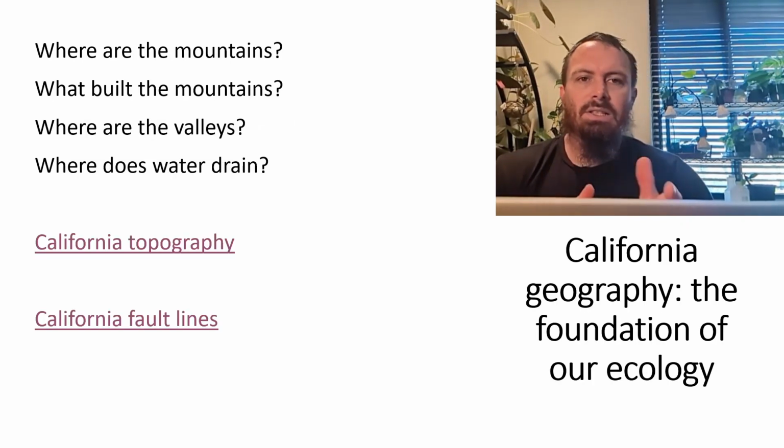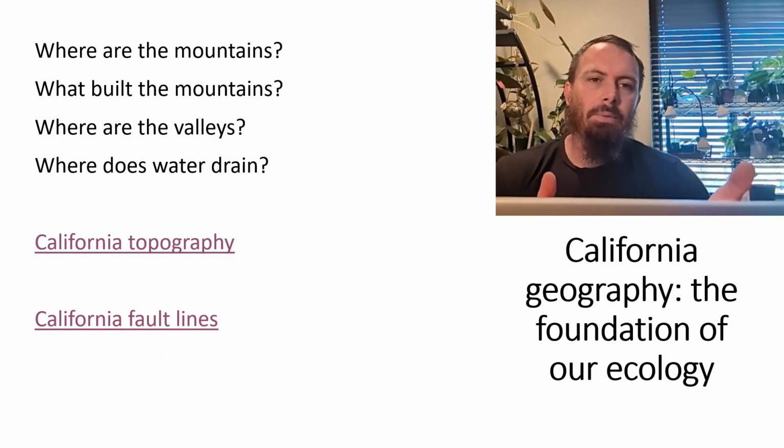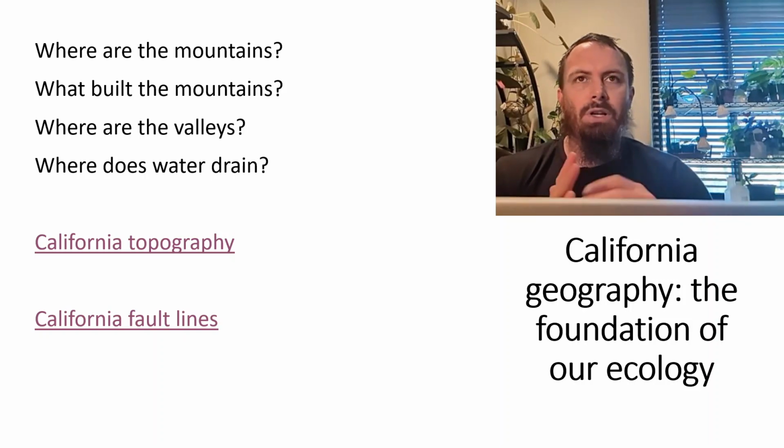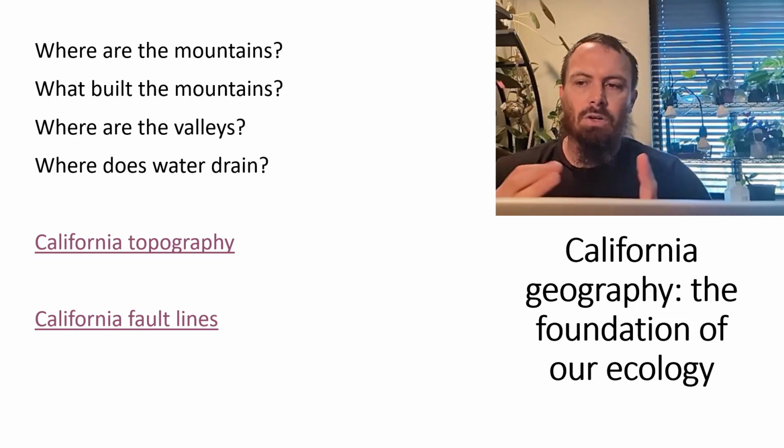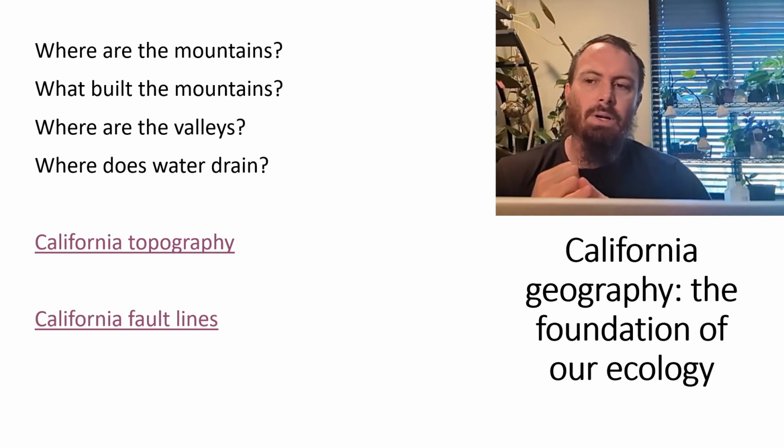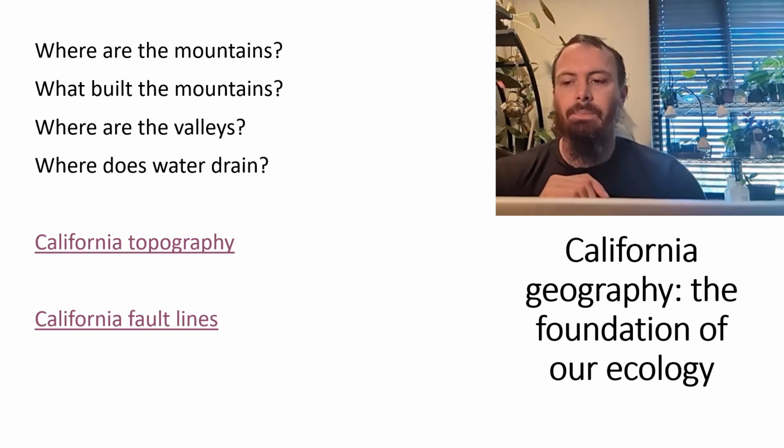Now, since this class is focused mostly on California, we need to understand the parameters of California and how that's going to influence the environmental factors around us. So we need to know where the mountains are, what built the mountains, where the valleys are, and where water drains. So if we look at a California topography map here,